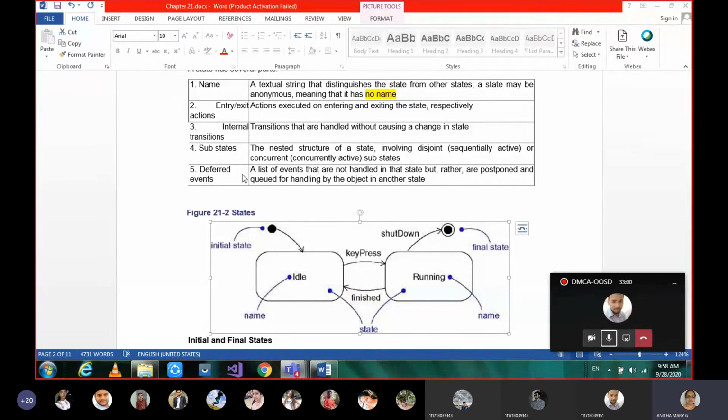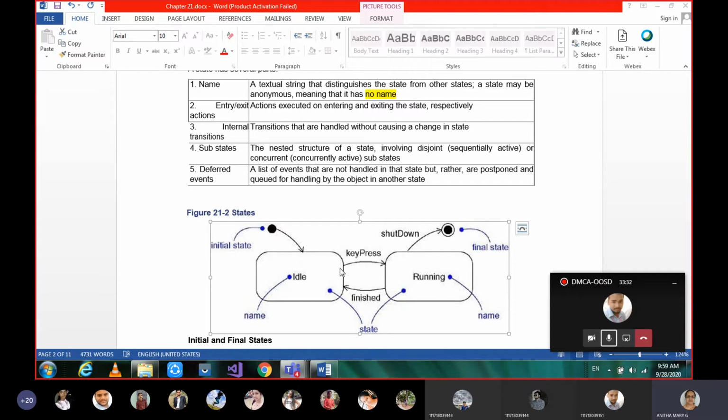And then deferred events. Deferred events means a list of events that are not handled in the state, but rather are postponed, queued for handling by the object in the next state. If some activity is given for the idle state and it is not completely fulfilled, it transfers that activity to the second state without finishing it, saying that you have to continue.